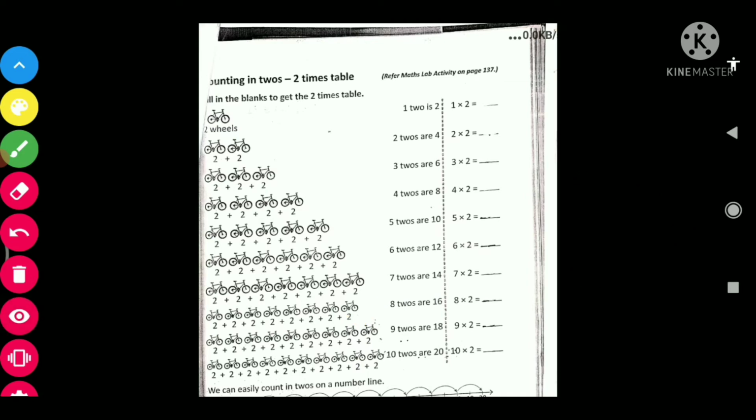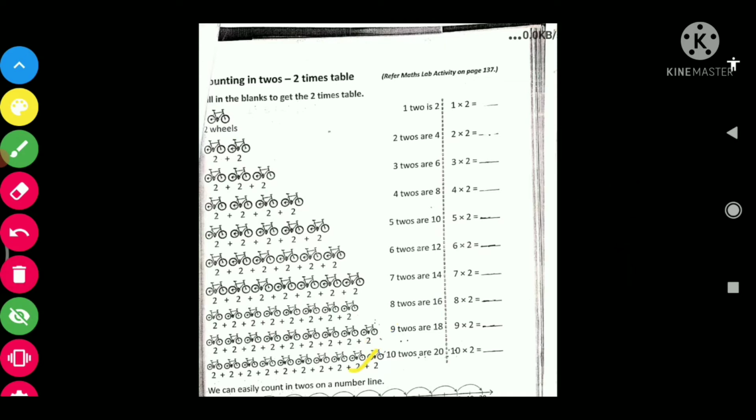Now see this one. 9 bicycles are there and 9 bicycles having 2 wheels each. Now how many wheels will be there? 18, right? So how to say this one? 9 twos are 18.